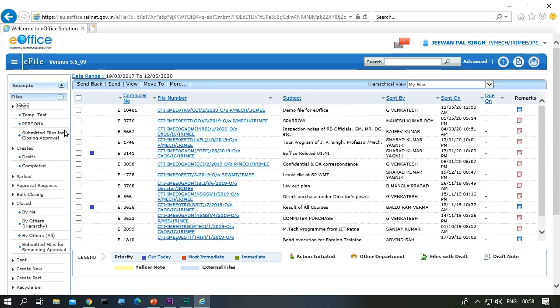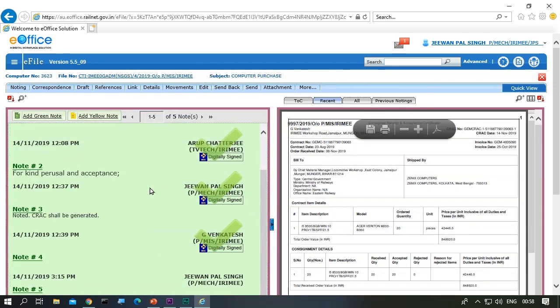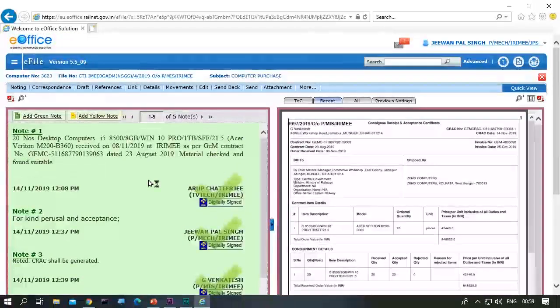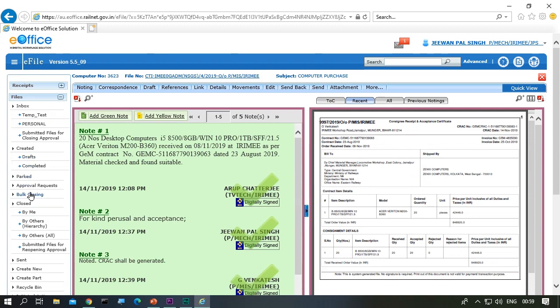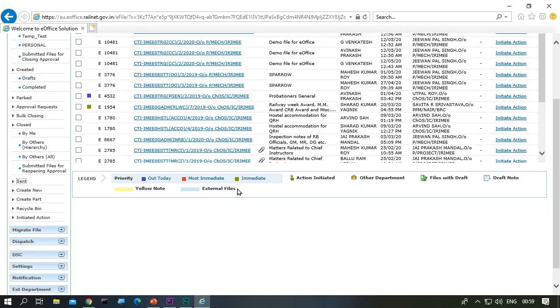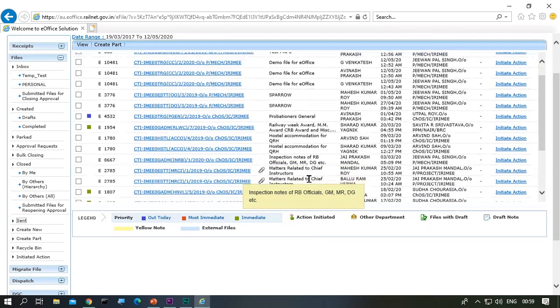Now let us look at some usual files. Here on the top of the window, you can see how many notes are available in this file. Using the navigation button, these notes can be navigated to. Now look at some bigger size file.